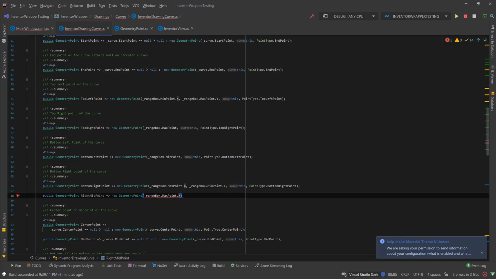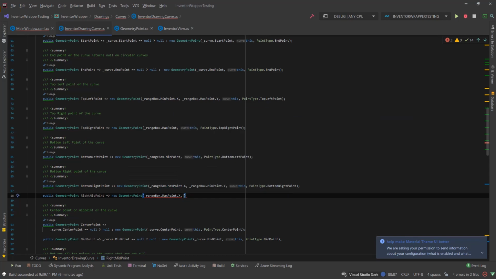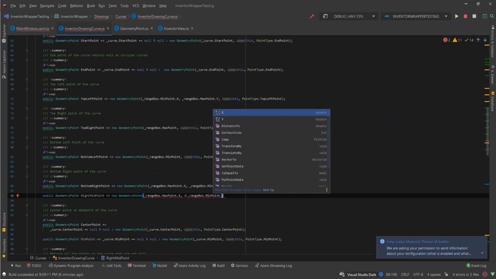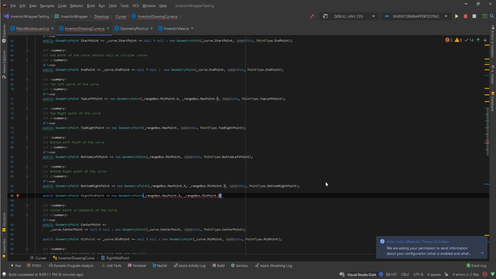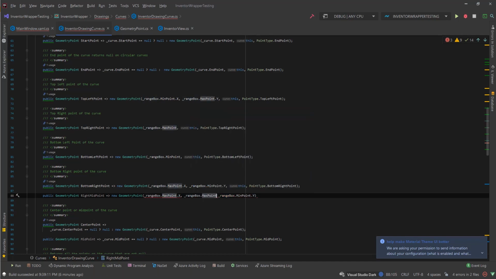So this will be in the max, so we can just do that. And we're going to say rangeBox.MinYPoint.Y. So that would be the same as the bottom right. So what we need to do is go up from the difference between the max and the, so we're going to say rangeBox.MaxPoint.Y. Okay, so now we want the difference between those and half. So what we're going to say now is